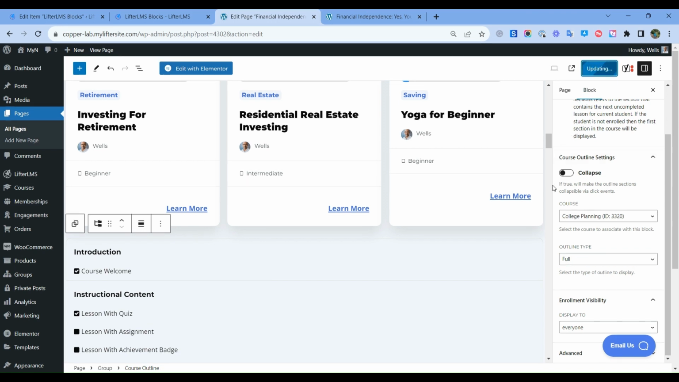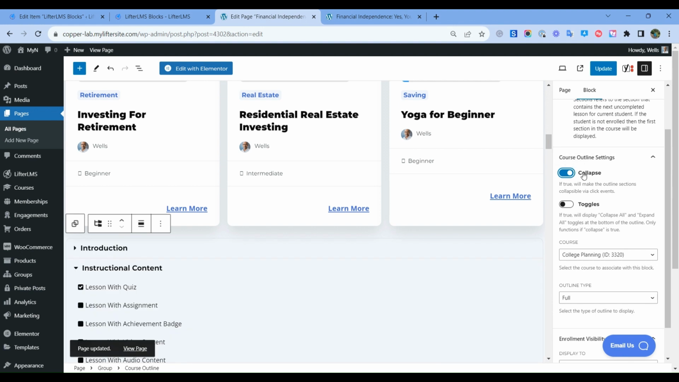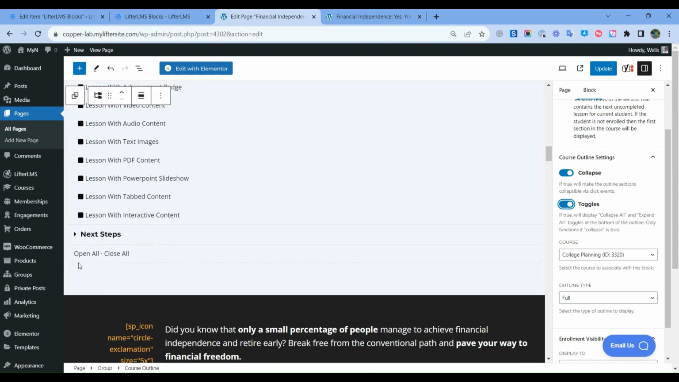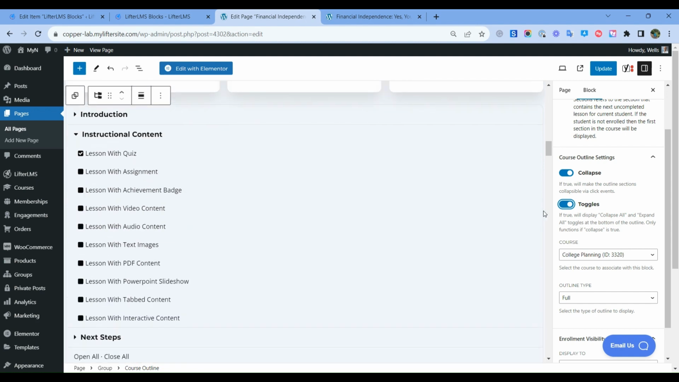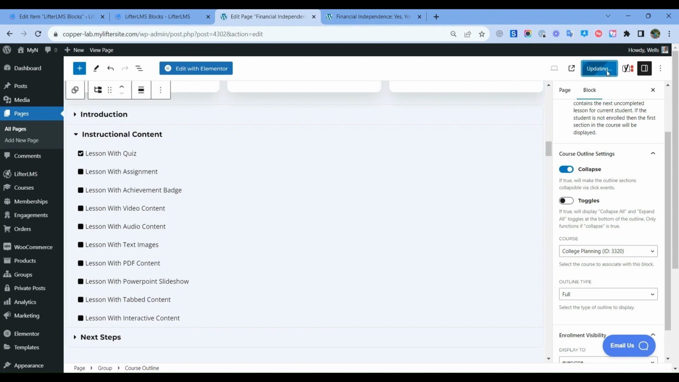And also here you can see we have this collapse option. So if you want to make the outline sections collapse, then you can enable this checkbox. Then when you enable this checkbox, you will get another option that will be toggles. So you can display this as well. I am not enabling this one. If you enable this one, it will look like this. Here you can see the open all or close all option. I don't want it, so I will disable this. And if I update,